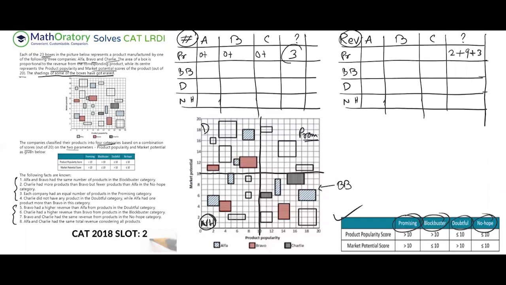So now I can relate this. There are three of these, and these are the three individual revenues. So it will be easy to relate. I can just look at the table and solve with the additional information. So this is the first bit, the promising part. Now let us look at the blockbusters. So blockbuster is this region.